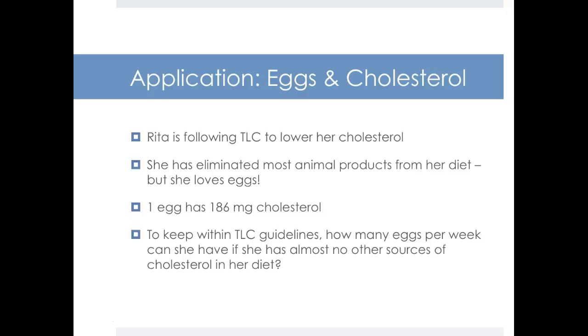People ask you this all the time. Well, they actually ask you, are eggs good? Which is a really loaded question because eggs by themselves are perfectly healthy, but think about how most people eat eggs, right? They fry them in butter, then they put them on top of white bread toast, which they probably put more butter on, then they put bacon on top of that, sometimes cheese, and it goes on and on and on. Okay, so the context in which we eat eggs needs to be addressed, but eggs by themselves are